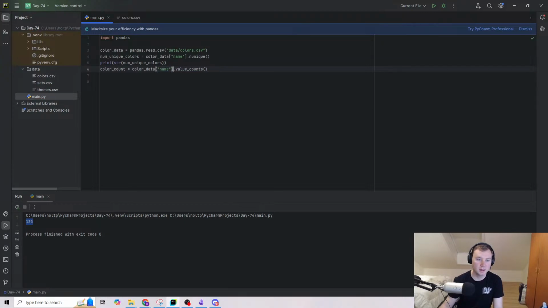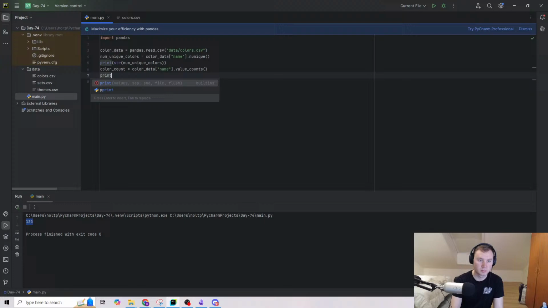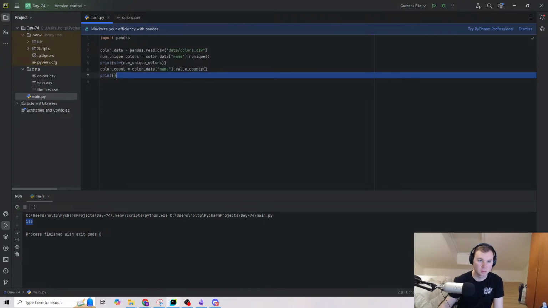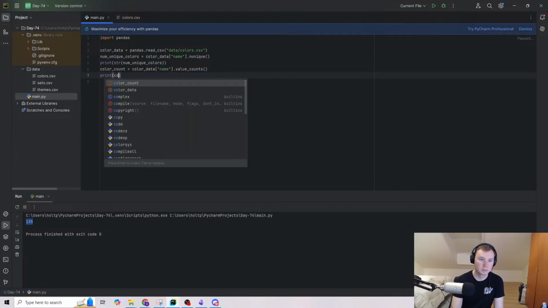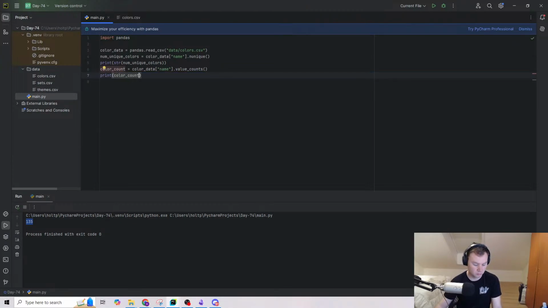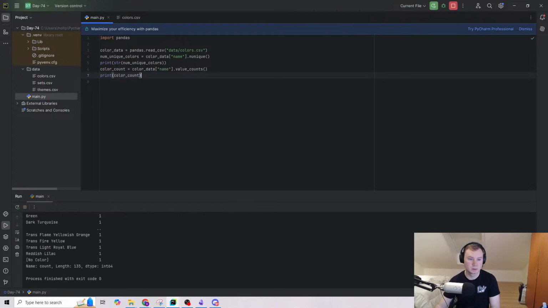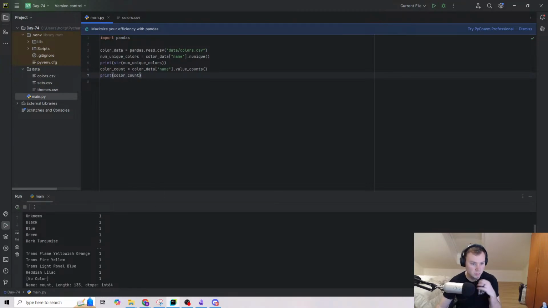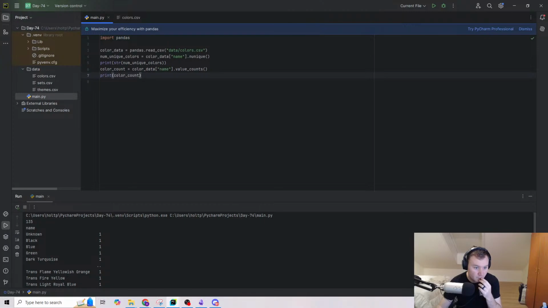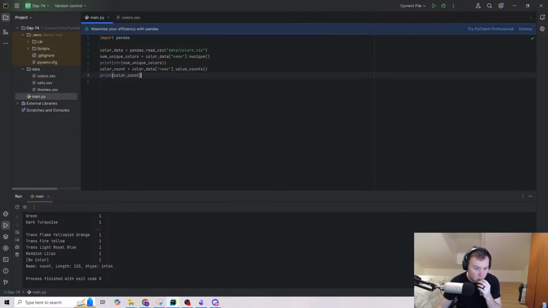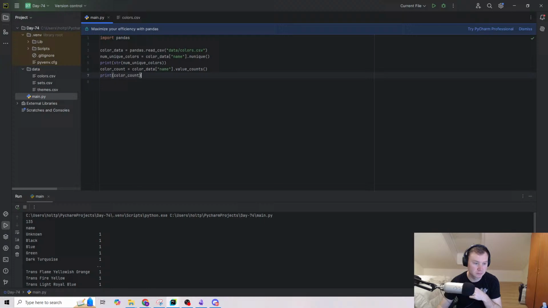Now if we run that, and then we're going to print color count where